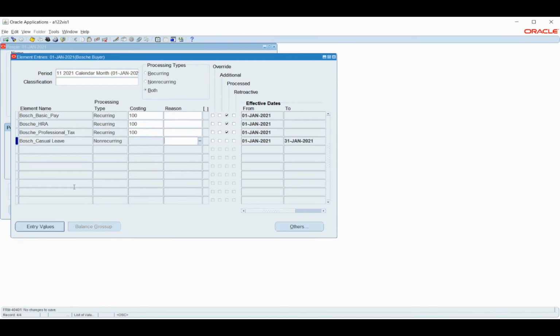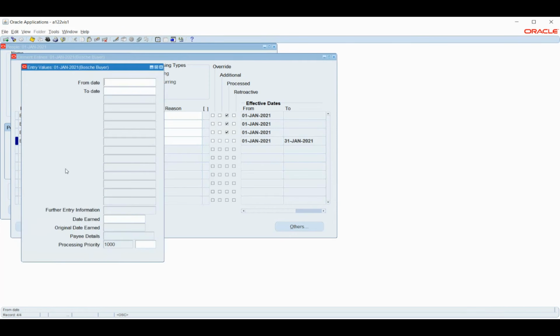Yeah. So now that we have taken this, to add value, if I go here and enter value, I'll see from date and to date. So it's not that I can only enter from date and to date value. If I add the balance sheet, that is input values, so I can add these many rows. If you see here, we have these many rows that we can make use of.